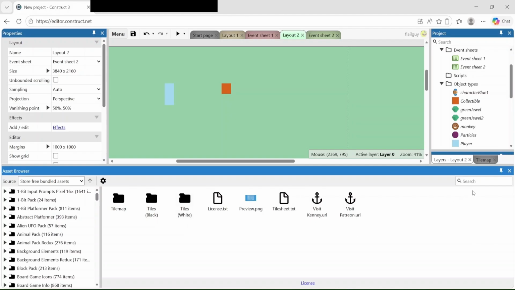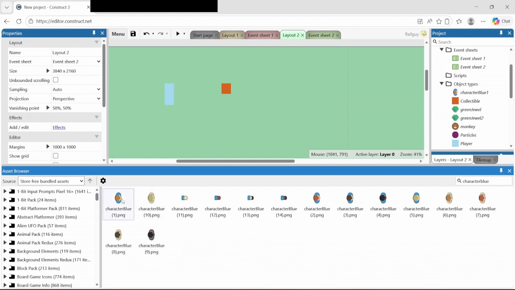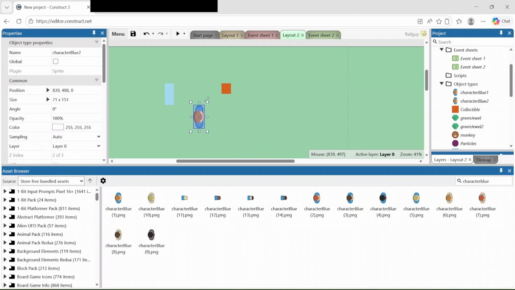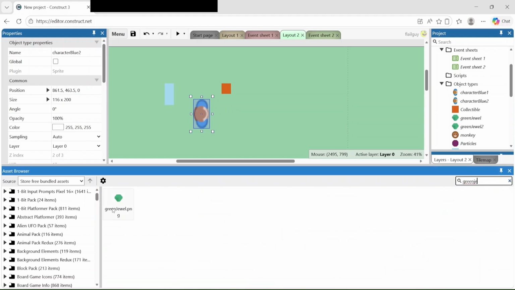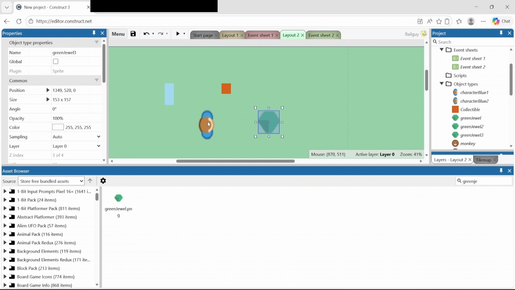So I'm gonna bring the character blue and I drag him in. I'm gonna resize him a little bit, and the green jewel. So I'm gonna put it like this. We can do this two kinds of way. I recreate everything with these new sprites and replace this with the new sprites, or I can just click,